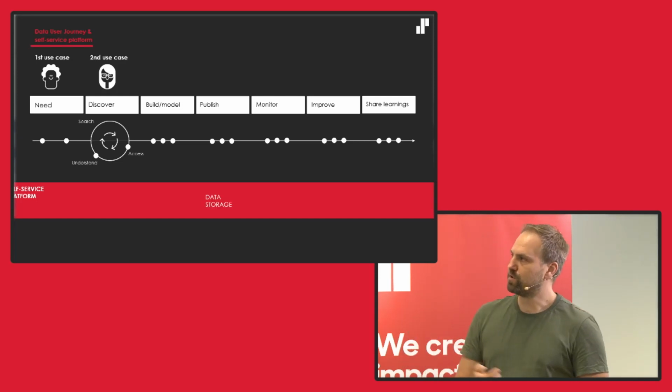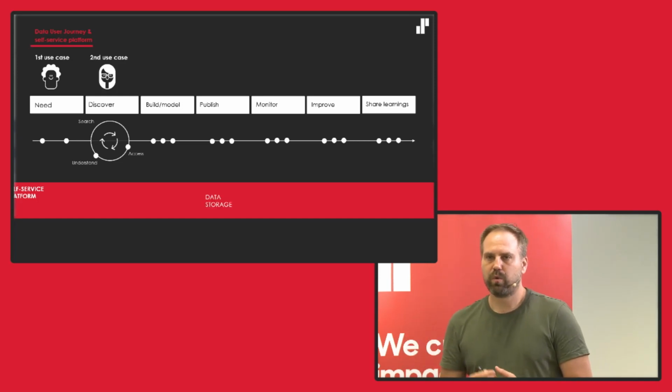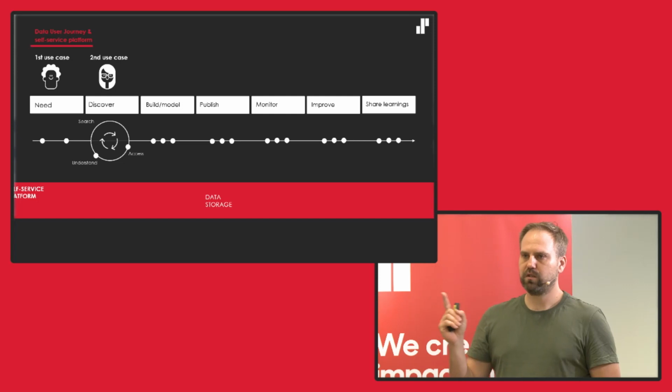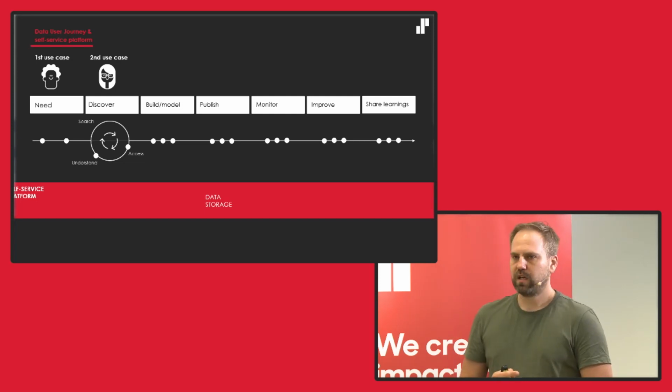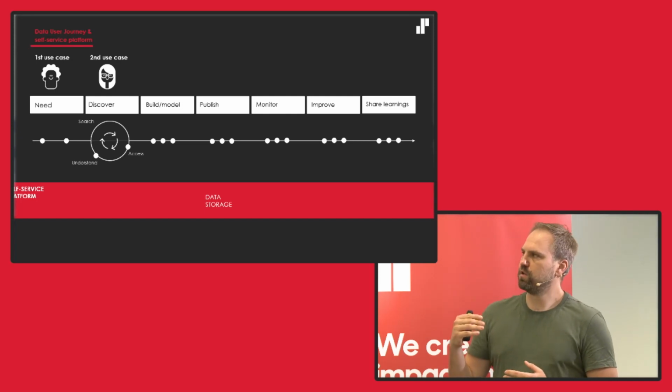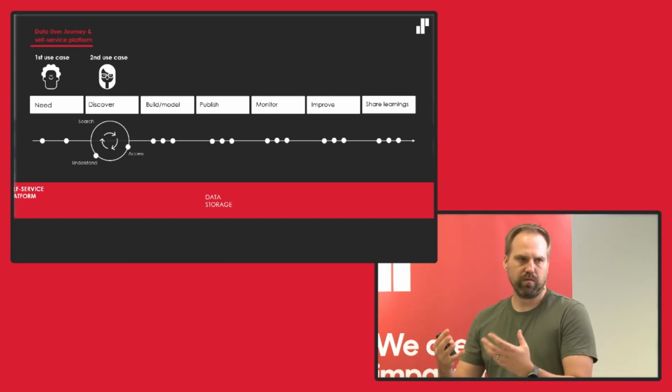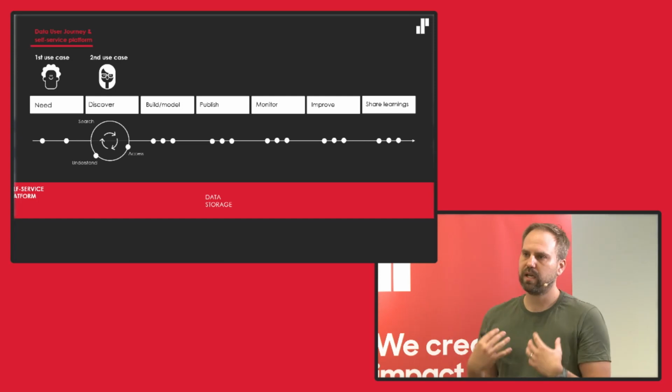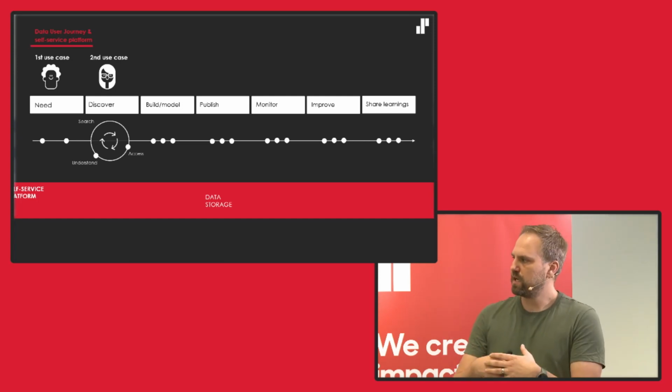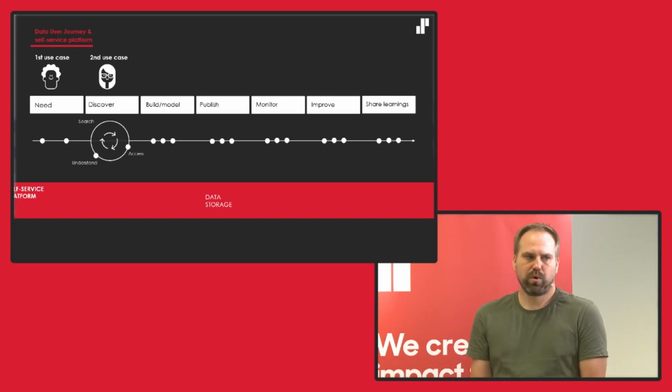Then we take the next use case. We have a different user. But what we realize is that both of these use cases actually store data into, let's say, an object storage. So we shouldn't put the burden on these people to actually build the storage, but we can take it away into the platform and create a storage service, a storage component, for these people to use.